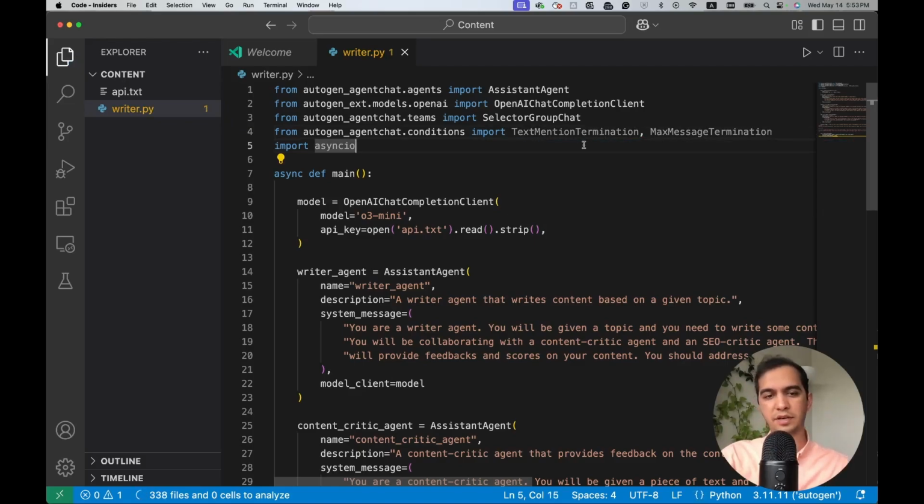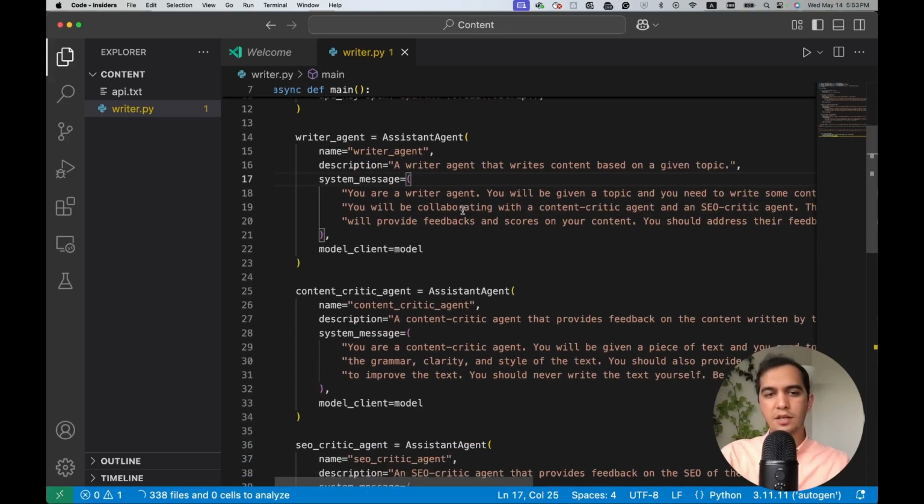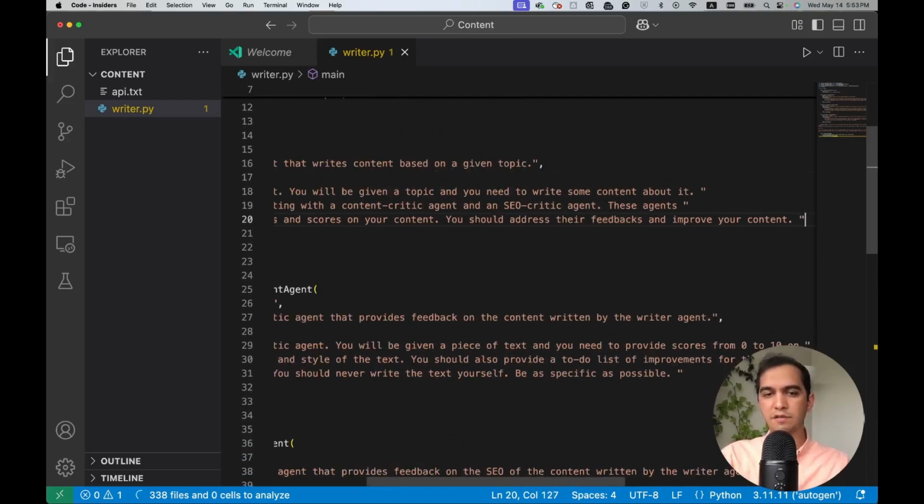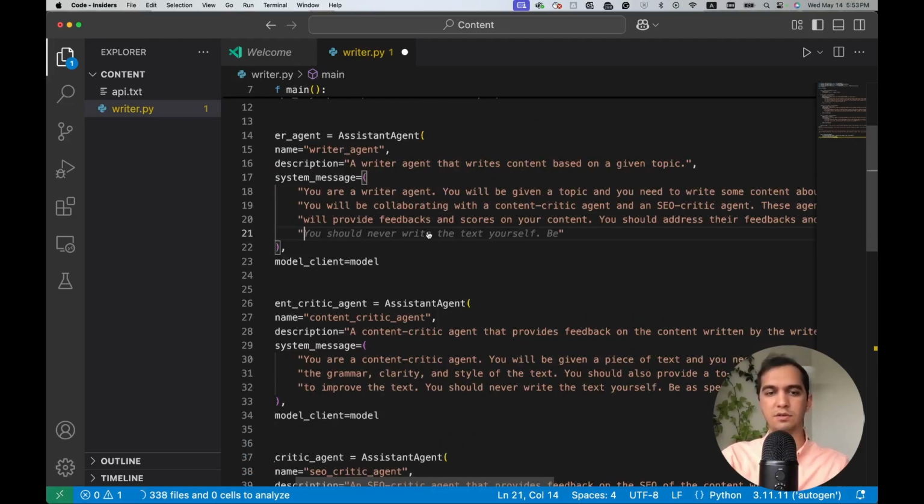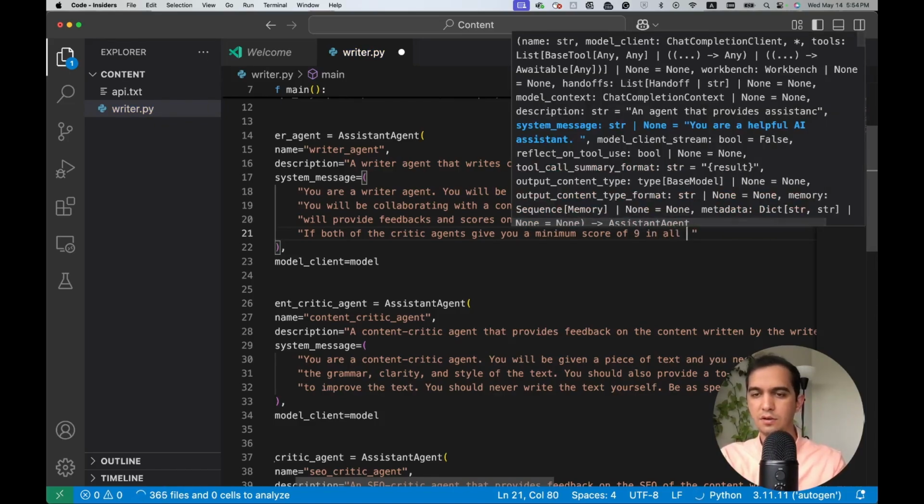We can specify, if the number of messages has reached, let's say, 10, then terminate it no matter what. But here I can specify a condition for the writer agent. I can say, if both of the critic agents give you a minimum score of, let's say, 9 in all of the scores,